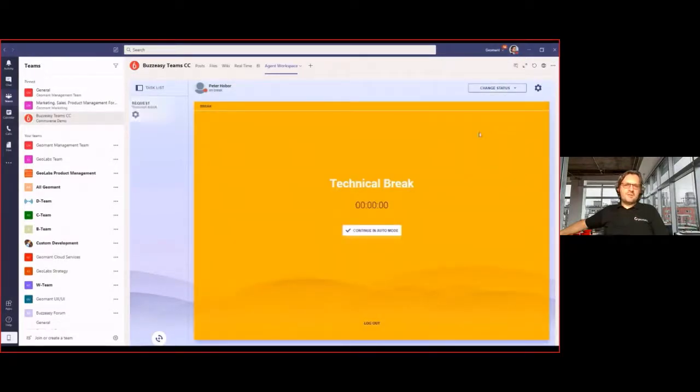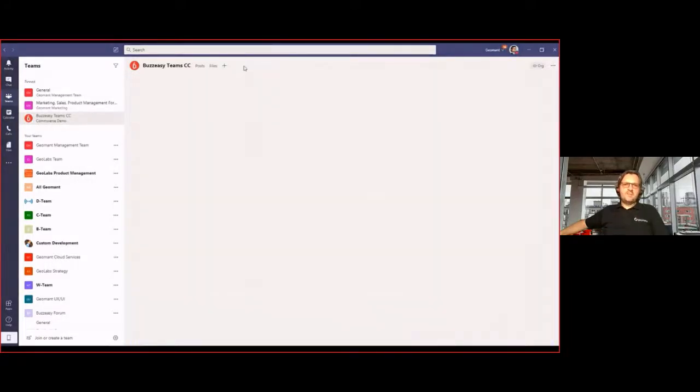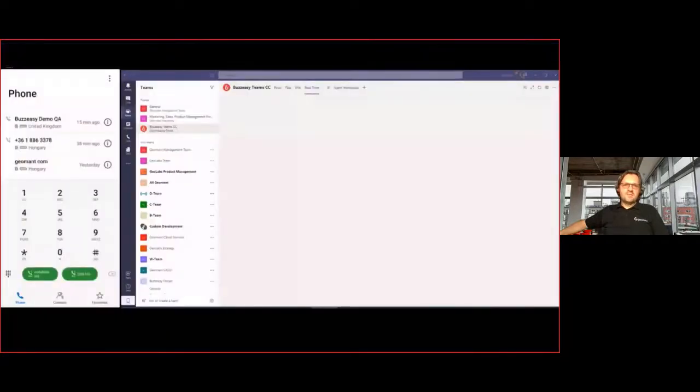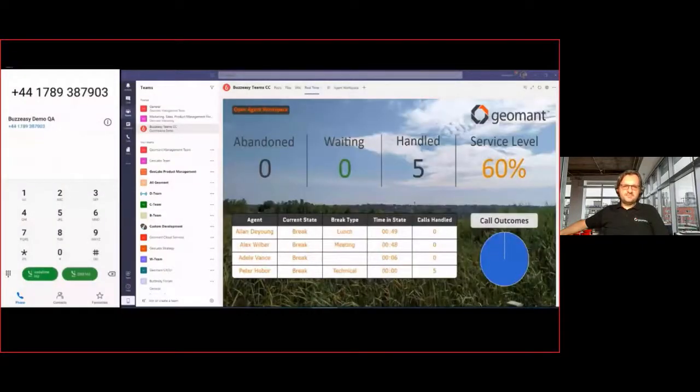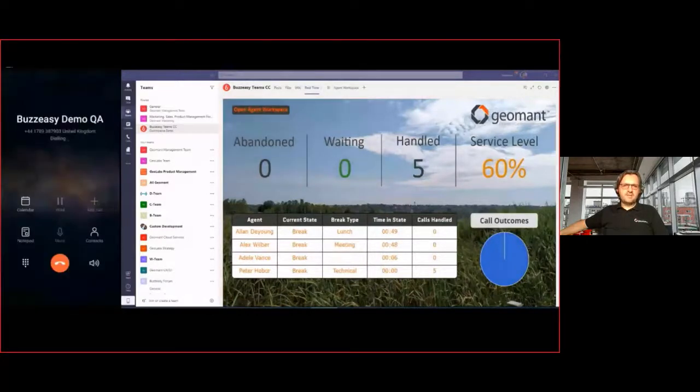So let me go back to break before I place a call. So now I'm an agent logged in. So if we go back to the reporting, then it shall refresh, and it will show that I'm still on break. But I started a call, and let's just get this connected.